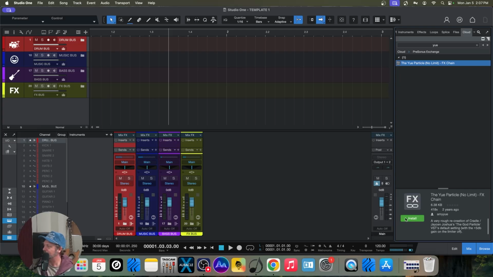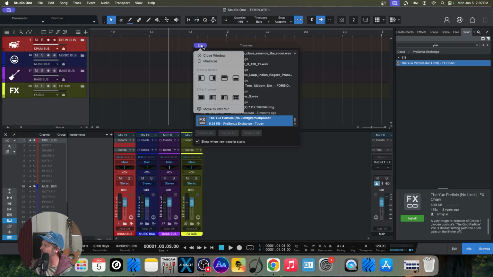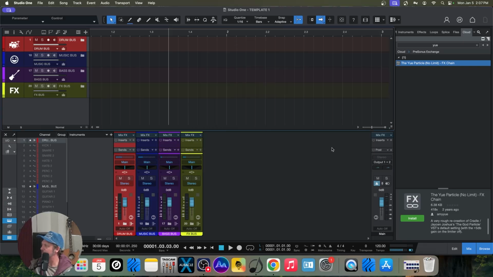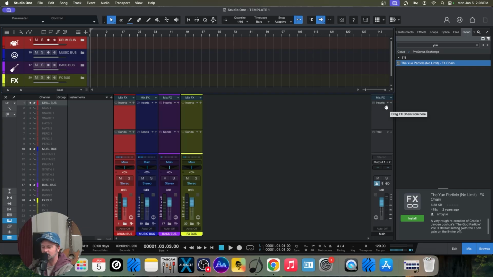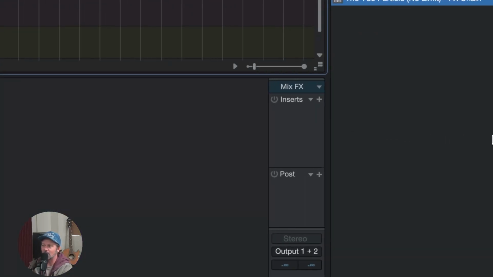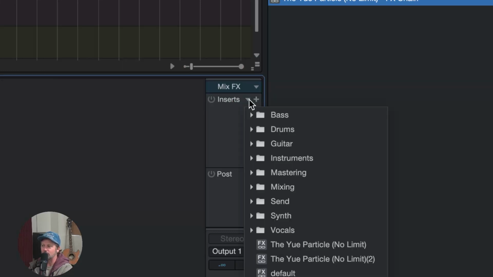Okay, so press install. It's just going to install it. It's very fast. Okay. Close. And then on your mix effects on your main channel, this is where everything is going out of. Go down to, everybody look at this, because this will be our first experience in using our mixer. In inserts, there's going to be a drop down arrow and a plus sign. Okay, the drop down arrow will give you all of your